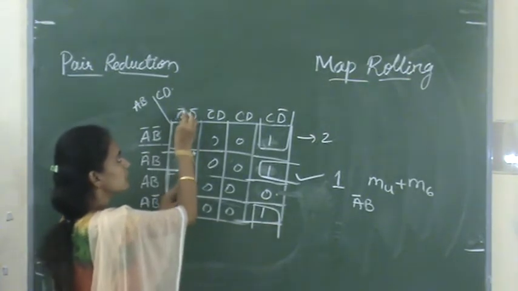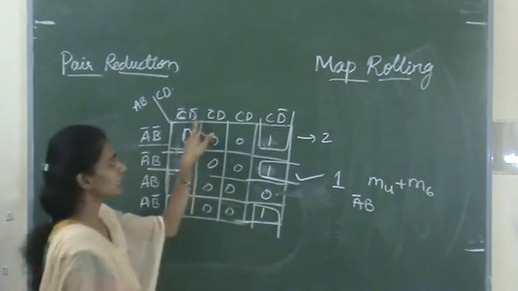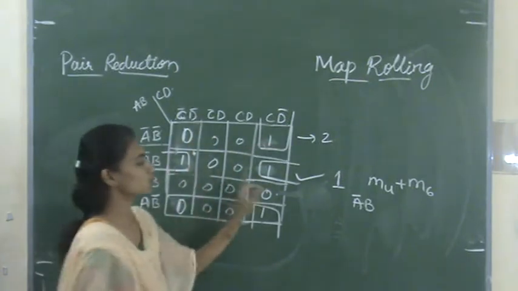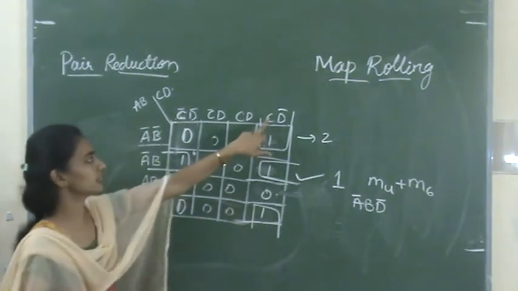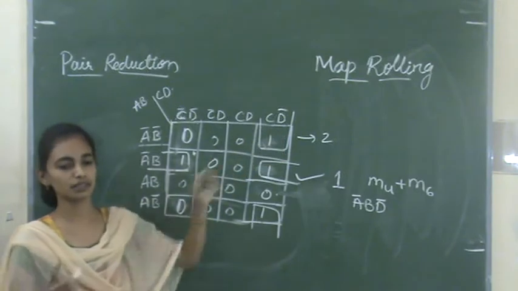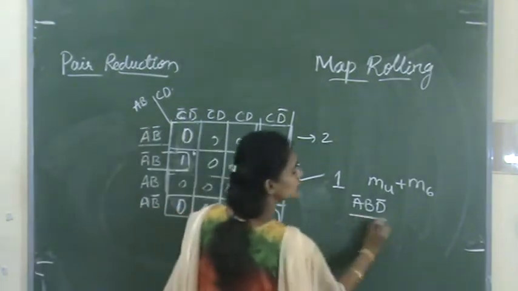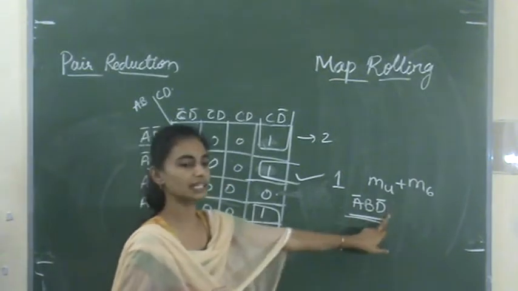Then here we have C bar D bar, C D bar. See, D bar is a common factor in these two ones. Shall I write D bar? Then the remaining thing is C bar, C. We know that C bar plus C is 1. So it reduces to A bar, B, D bar.